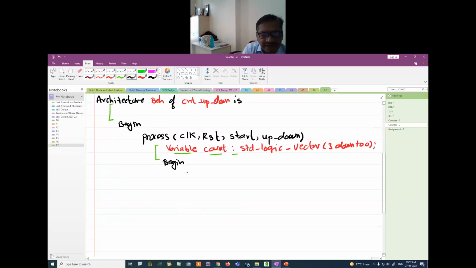Look at this, how I am planning that. Begin if reset is equal to 1, RST is equal to 1, then this count value is assigned as, now look at this assignment operator. Because I have declared this count as a variable, that's why this should be the assignment operator. The count is assigned as 0, 0, 0. Its initial value of the count is 0. Else